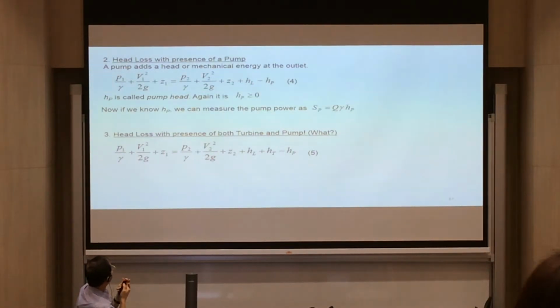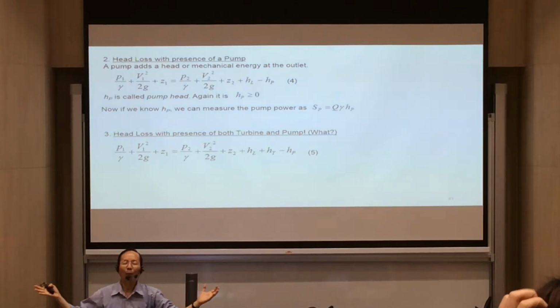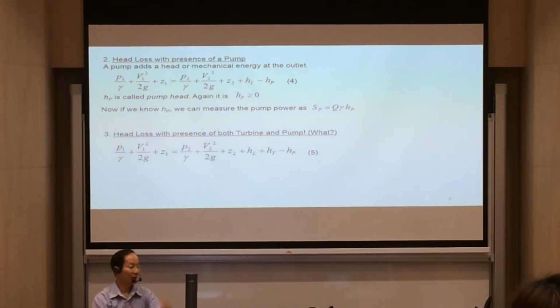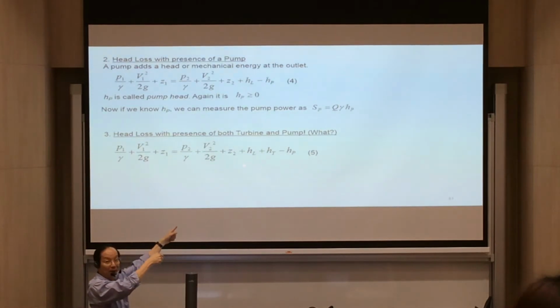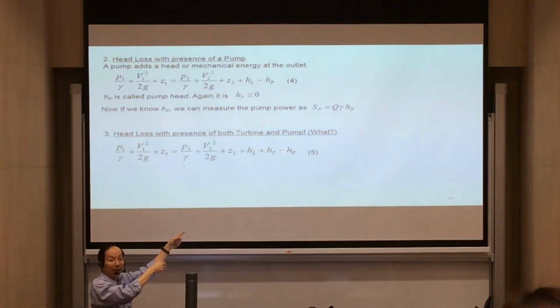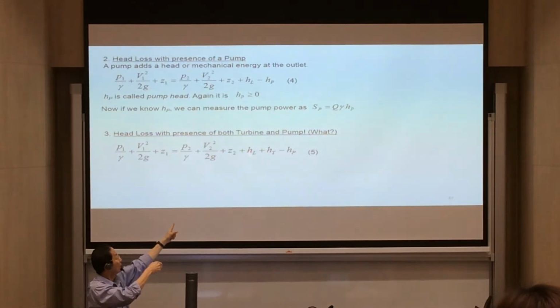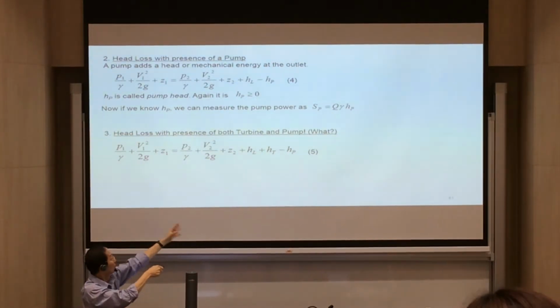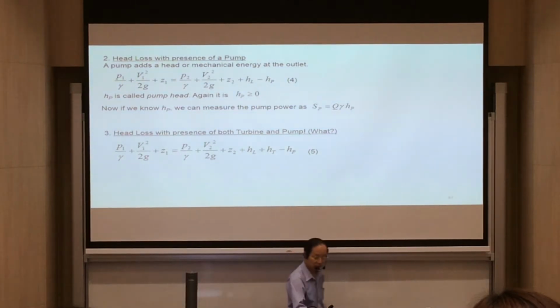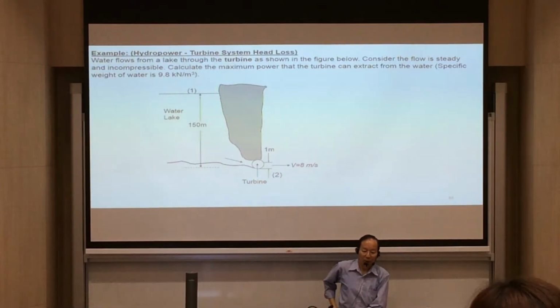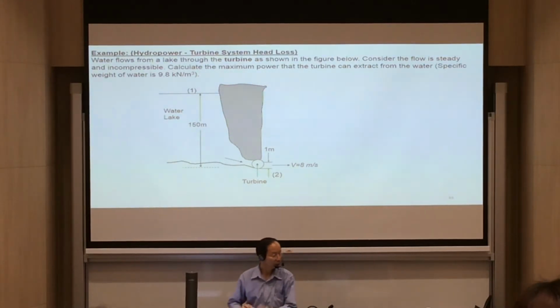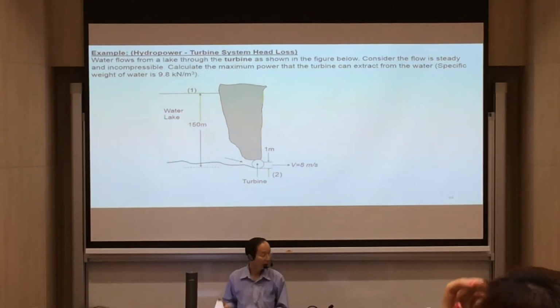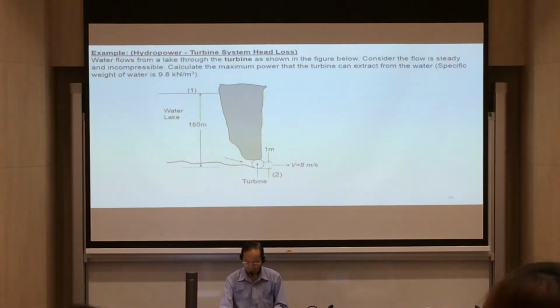Now, in the case you have a complex situation, you have a pump, you have a flow, then you have a turbine, then of course all the heads must be there. But bear in mind the sign. Head loss on the right hand side is positive, and the turbine head is positive, but the pump head is negative, because I'm going to put all the heads together on the right side. So you have heads of water flowing through a turbine to generate power, producing electrical energy.